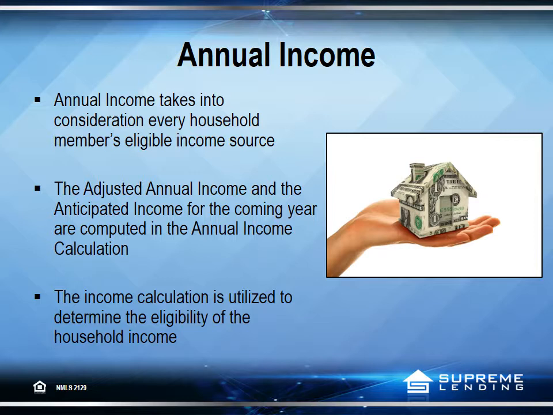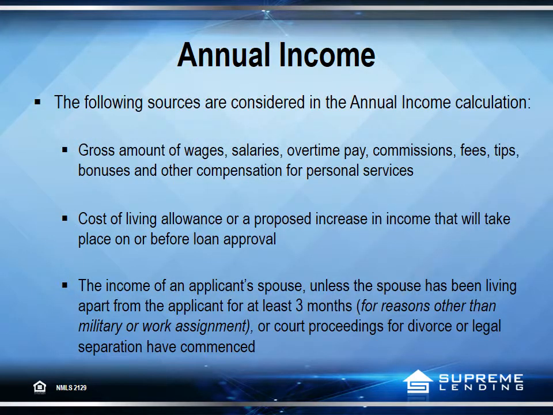The income calculation is utilized to determine the eligibility of the household income. The following sources are considered in the annual income calculation: gross amount of wages, salaries, overtime pay, commissions, fees, tips, bonuses and other compensation for personal services,